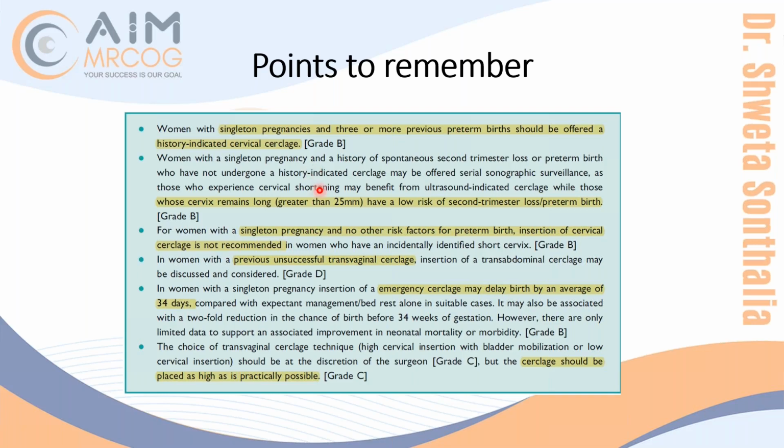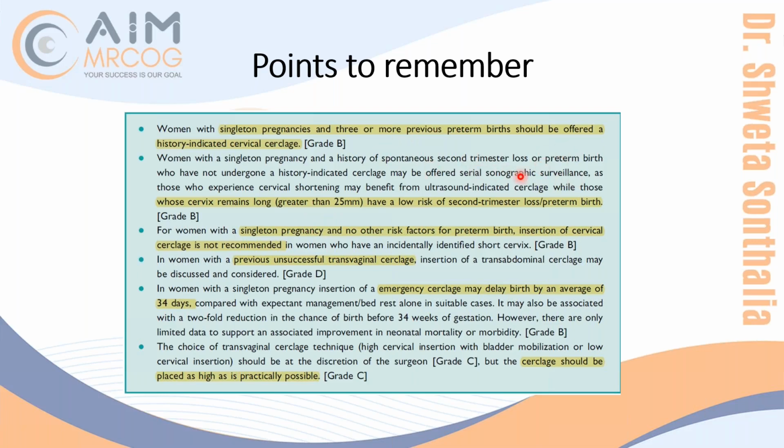So you will do TVS, you will look for cervical length from 16 weeks onward. And in the guideline, they have even written on one page that you can do it from 14 weeks onward. But in most places in NICE also it is written 16, and here also, ultimately they have written you have to monitor from 16. So from 16 weeks onwards, you are going to do a 2 to 4 weekly scan. Earlier it was 2 weekly in NICE. Here they have written 2 to 4 weekly. So that is the difference. That is the new thing. So 2 to 4 weekly you have to do from 16 weeks till 24 weeks.